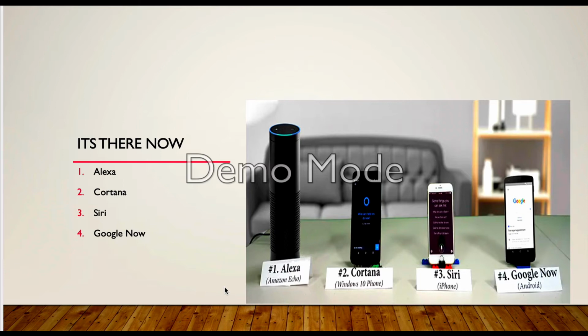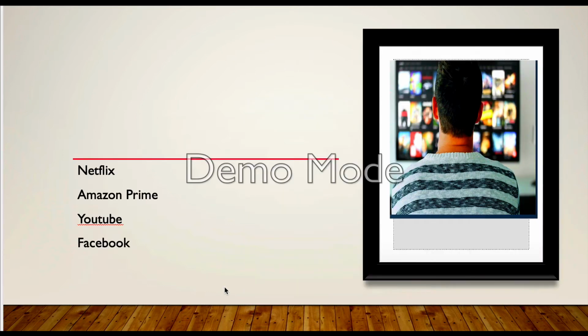Using AI for making a doctor's appointment, finding a restaurant, or telling us the weather, companies use AI a lot to trigger the service their customers need. If we talk about Netflix, Amazon Prime, YouTube, Facebook, what they're doing in terms of AI: Netflix and Amazon, for example, use AI to make better recommendations based on the user's history of purchases, products, or movies they're interested in.